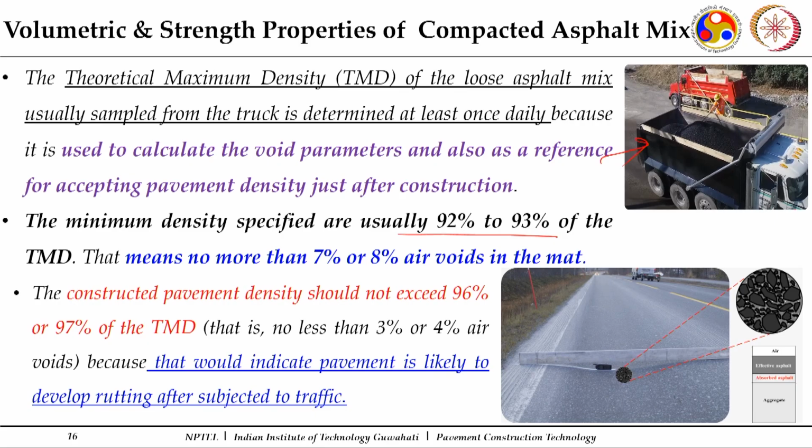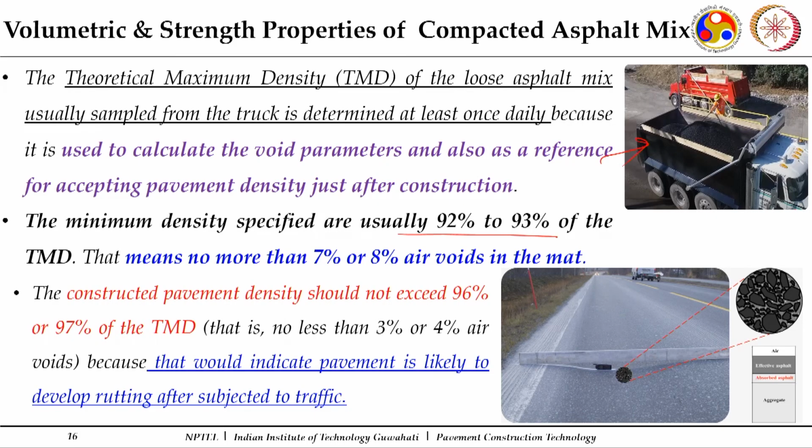So, the mix in the field should be compacted to a density of more than 92 to 93%, but there is an upper limit also. It should not go more than 97% in most cases, because then the air void content will get reduced below 3%, and concerns related to rutting and bleeding will start. So, this is the range. We will prefer to have the density of a compacted mat in the range of say 92 to 97%, or specifically 92 to 95%. Now, if this density is less than this, that is, the air void content is more than this,